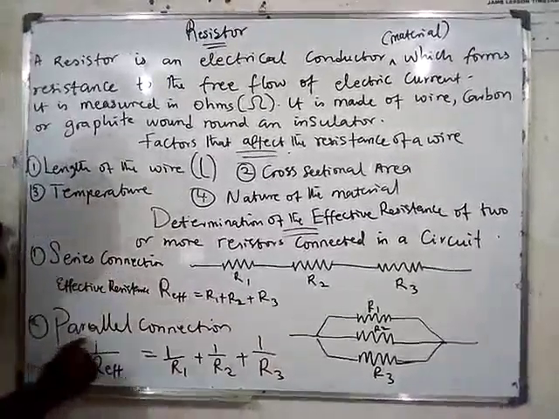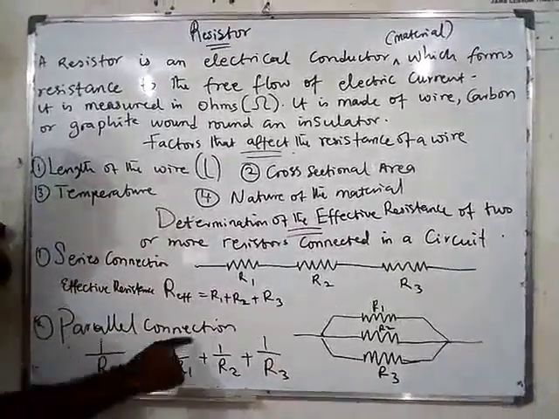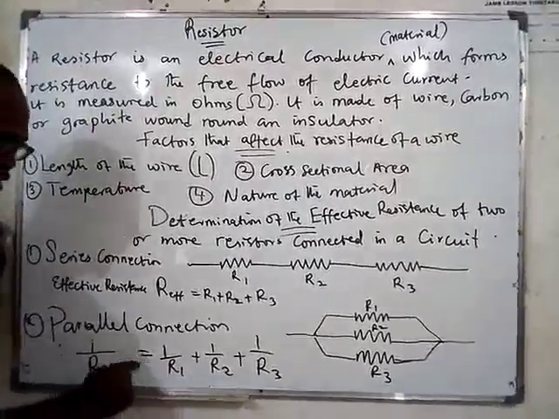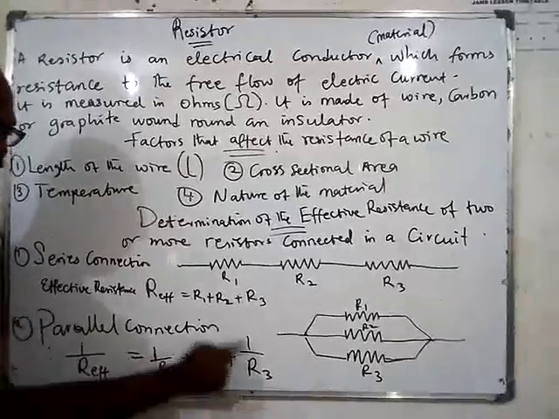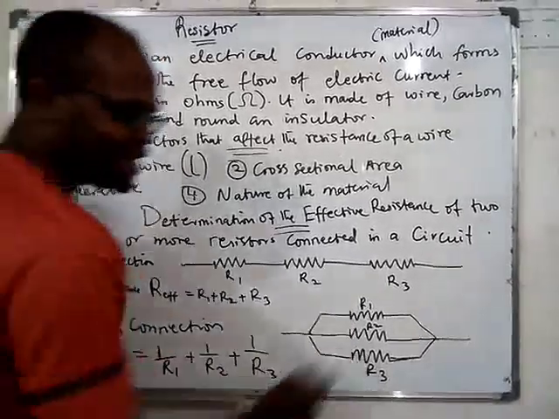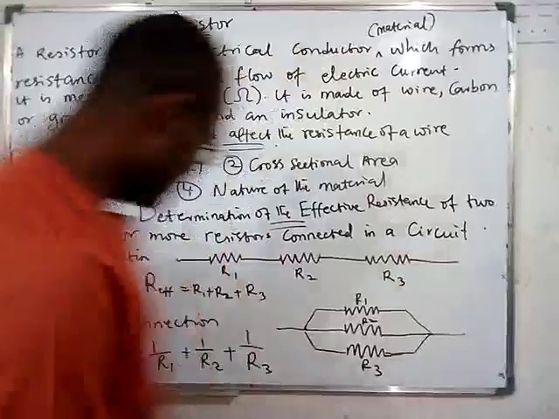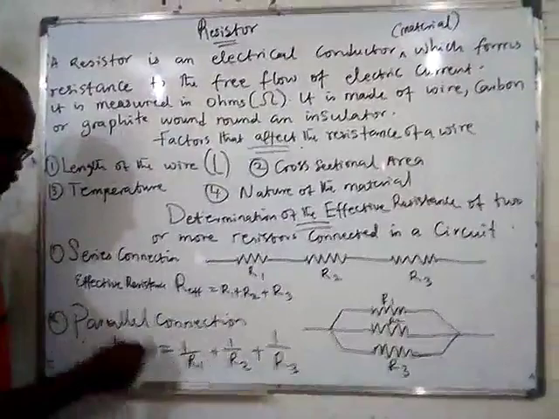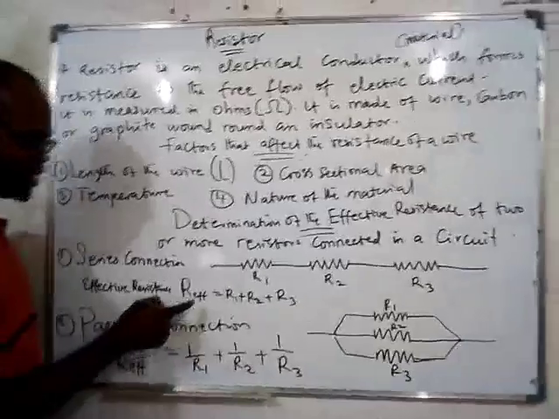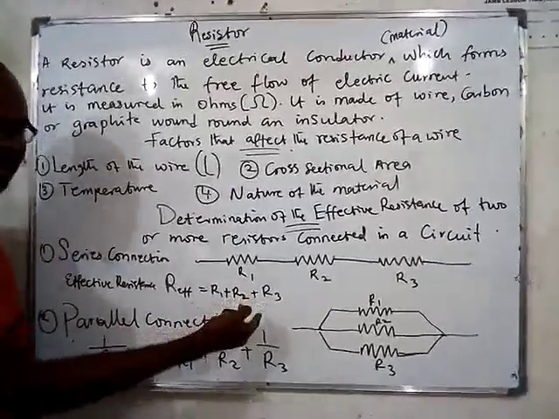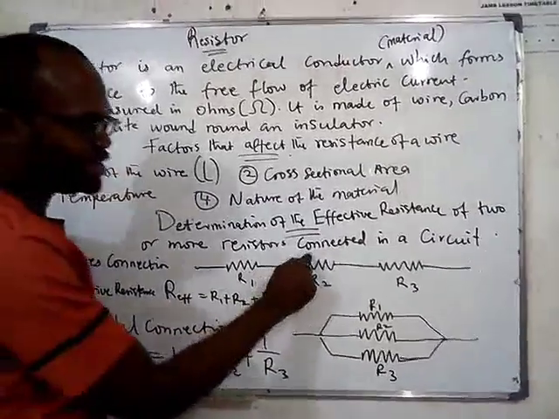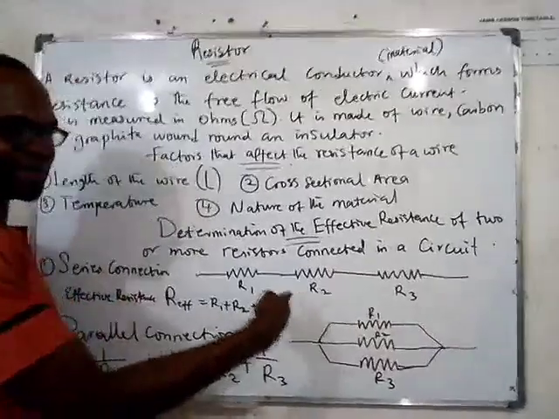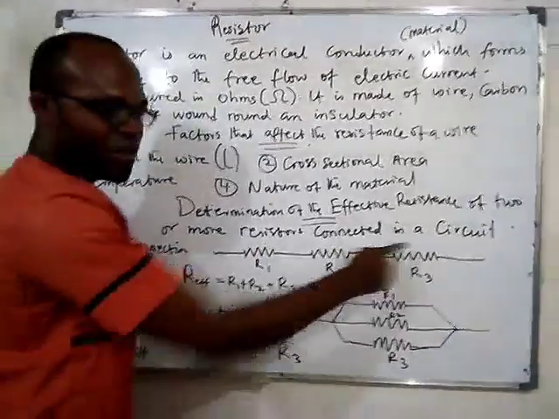But whenever you want to calculate the effective resistance for parallel connection, you have to use the reciprocals: the reciprocal of the effective resistance is equal to the reciprocals of the different individual resistances. Is that clear? So you make the effective resistance the subject and solve down to get it. But here it's very simple. You just add up. So if this is 3 ohms, this is 2 ohms and this is 1 ohm, what will be the effective resistance? It will be 3 plus 2 plus 1, which is